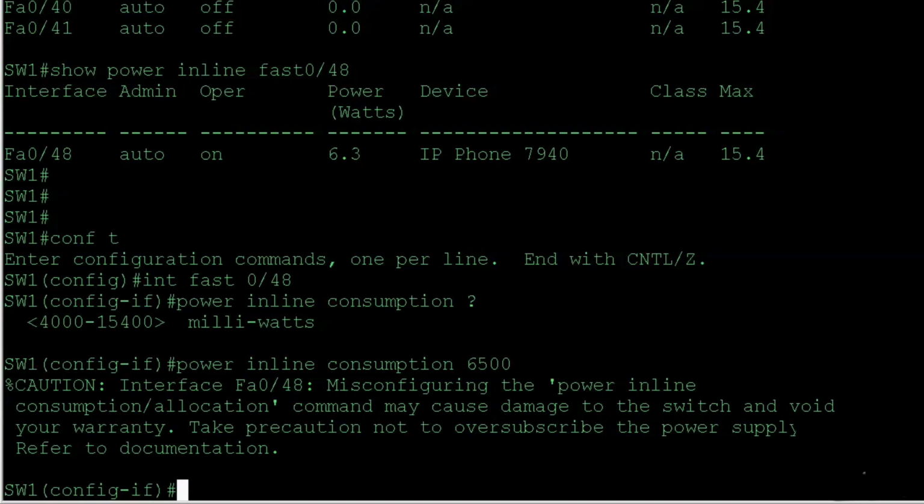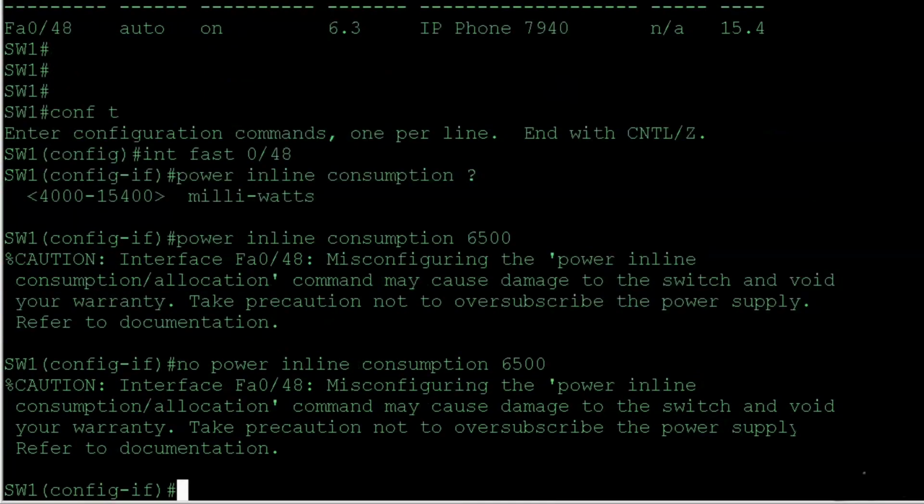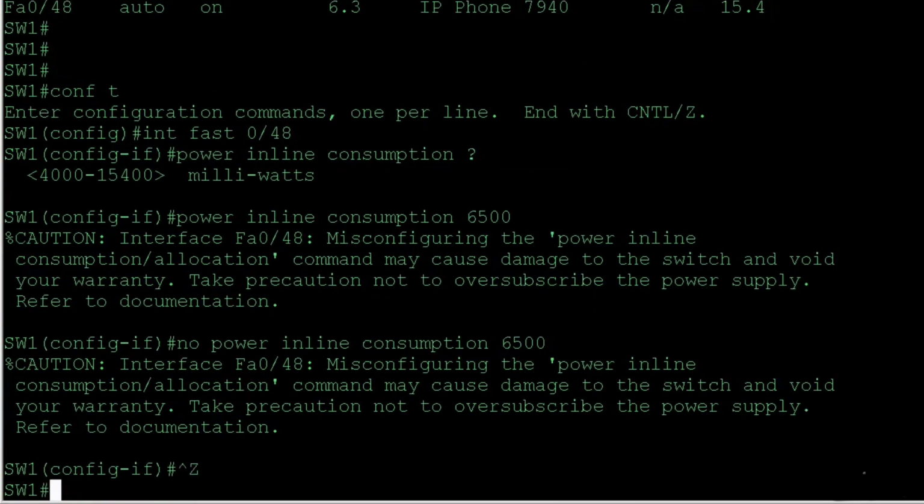Truer words have never been spoken. Refer to documentation. That means you really need to go look this stuff up before you go changing a lot of this. So what I will do, of course, is just go back up, do a Control A to move to the front, and I'll set it back to the default with no power inline consumption 6500,